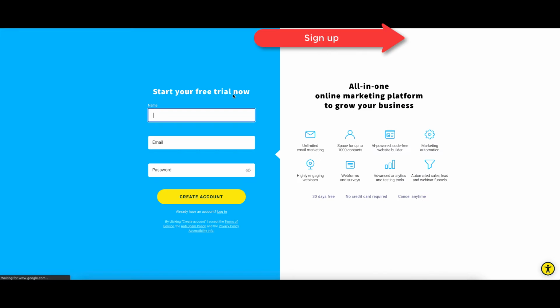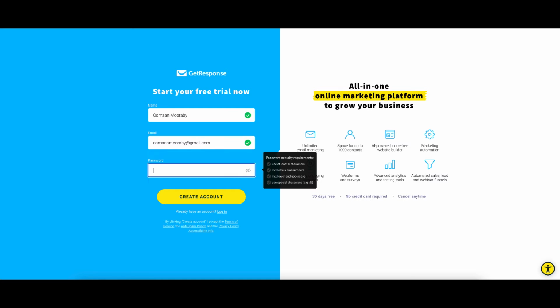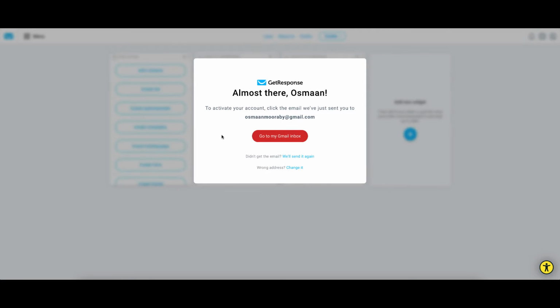Okay, so here you're going to enter your name, email, and then a strong password, and create account. Okay, so the next thing you need to do to activate your account, click the email we've just sent you